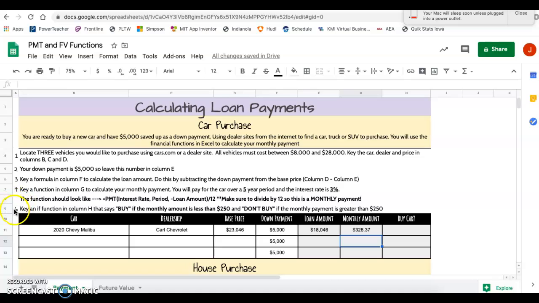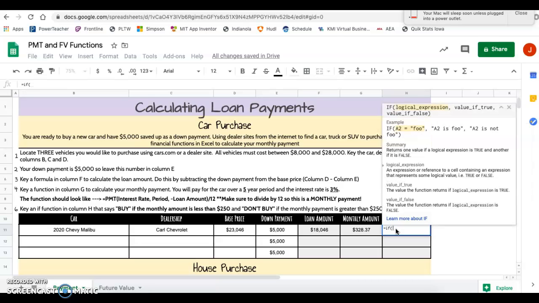Not too bad. In 6 here, it says key in an IF function in column H that says buy if the monthly amount is less than $250 and don't buy if the monthly amount is greater than $250. Okay, so it looks like I thought that wasn't too bad, but it's over $250. So we need to do an IF function. So equals IF, parentheses, if this number, so I'm going to select our monthly amount, is greater than 250,